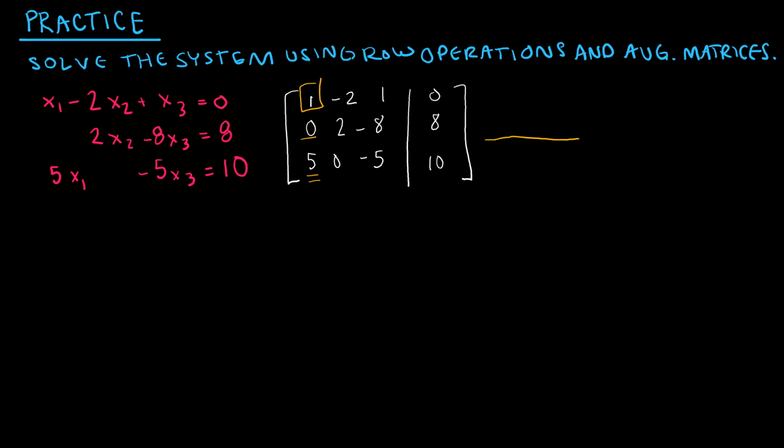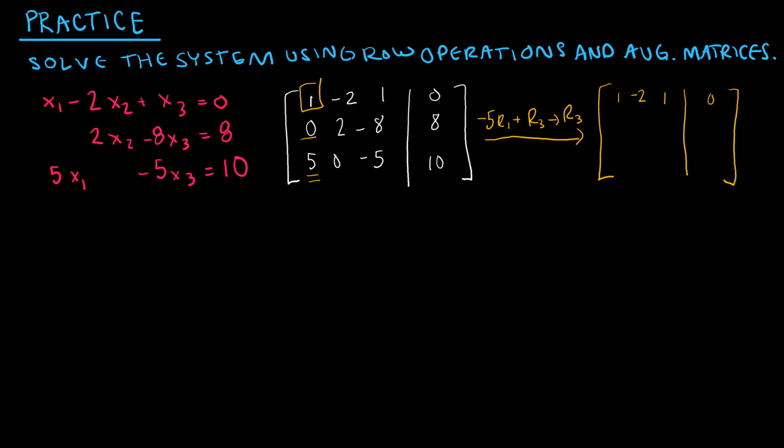So that's the first thing I'm going to do. How do I get rid of 5? I have to add negative 5. So I'm going to take negative 5 times row 1 plus row 3 to be my new row 3. Notice that means row 1 remains the same. Row 2 remains the same, but actually, and I'm going to cheat a little bit, I'm going to do something